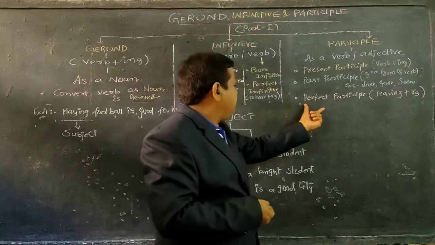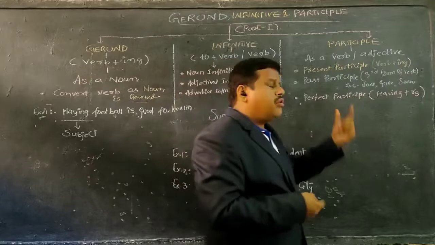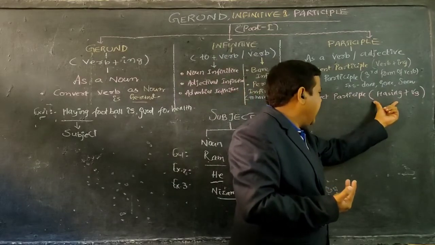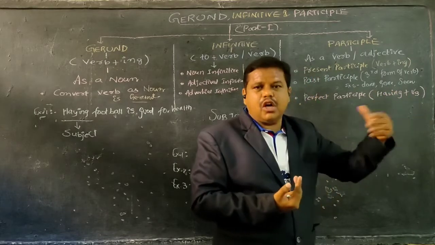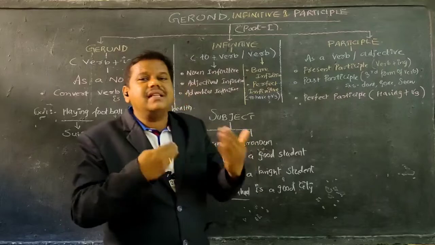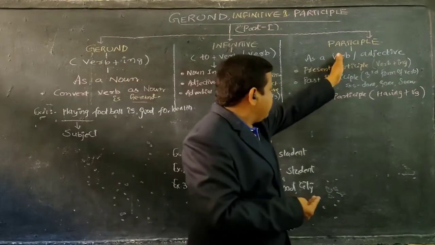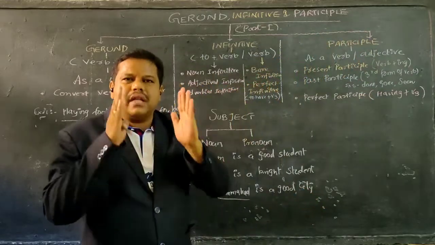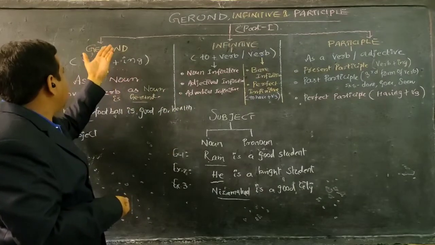The third one, the perfect participle. This is a little bit important. So what are perfect participles? They are having plus V3 forms, like having done, having gone, having seen. If you see these in your sentences, those which act like a verb or an adjective are called participles. Now, in this session, part 1,